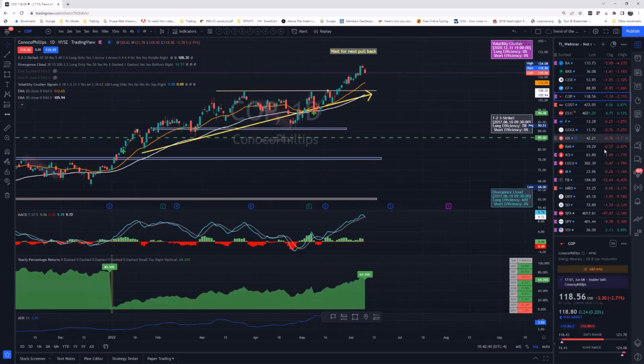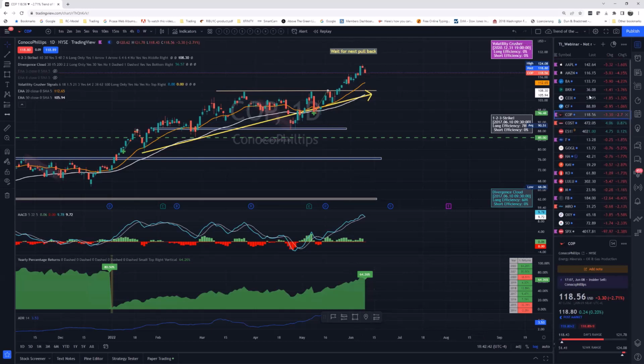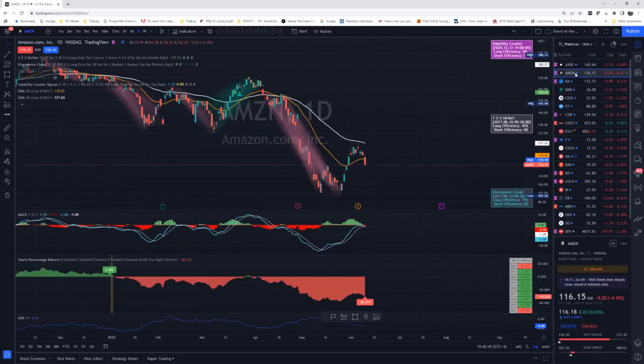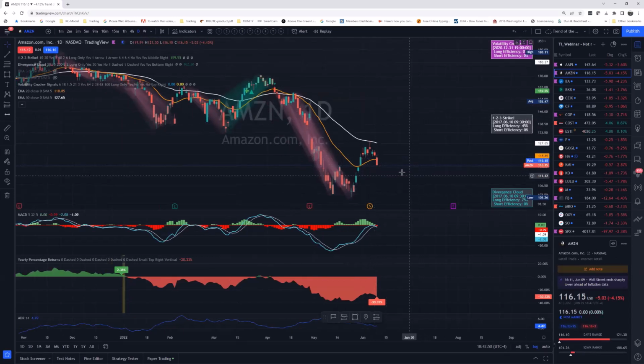Let me show you another one. Last week I also had Amazon on my plate, because they had the 1 to 20 split, which you see here. People are saying they expect Amazon to go roughly to about 140, which would be roughly around this area. So this is definitely going to stay on the watch list.